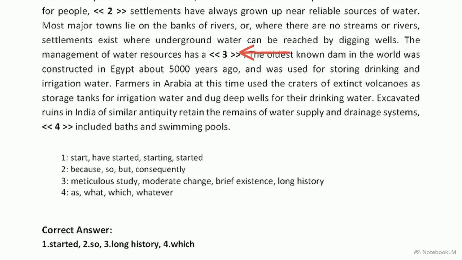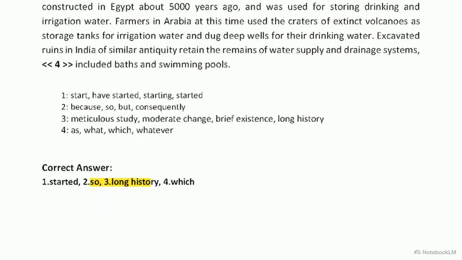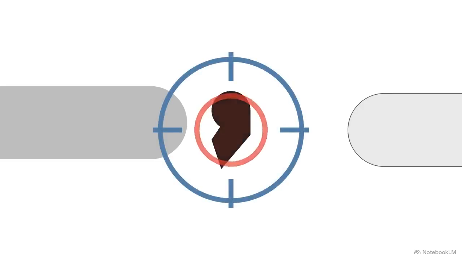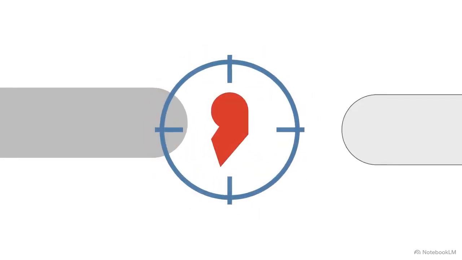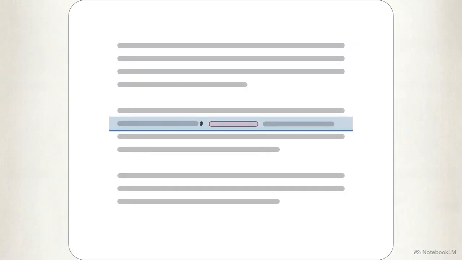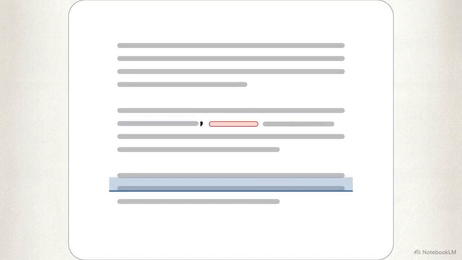Let's look at blank 3. If you only read this specific sentence, you suffer from tunnel vision. It lacks the timeline needed to choose between a meticulous study or a long history. To find the missing context, use a forward reading technique. The next sentence mentions the oldest known dam was constructed about 5,000 years ago. That 5,000-year timestamp anchors the meaning, giving water resources a long history. This phrase is a high-frequency PTE collocation, highly useful to memorize. The mechanics of this exam dictate that grammatical rules are triggered by microscopic details, like commas. Meanwhile, finding logic for a blank requires macro-level forward scanning into adjacent sentences.